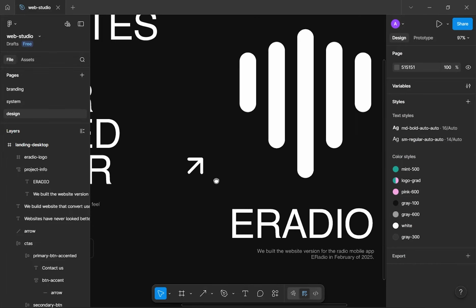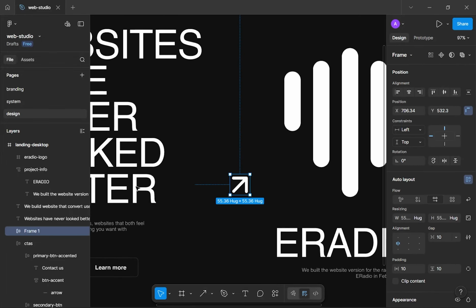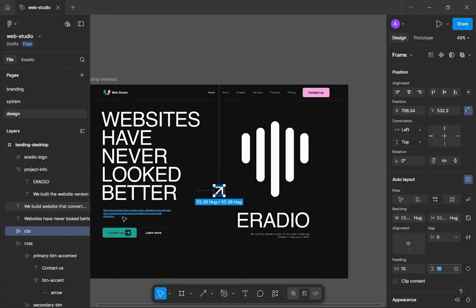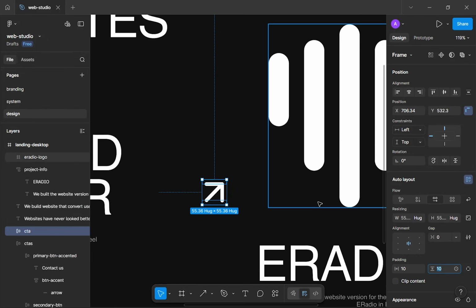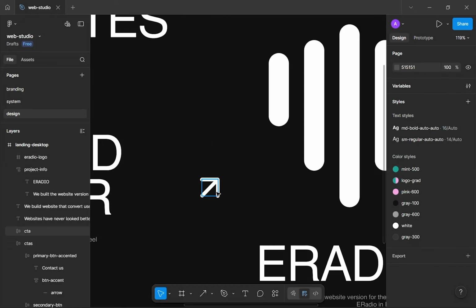Okay, now we want to take this, put it inside of a frame again, and this will be our CTA for this. We just want the user to go ahead to the case study. Now, if we get the user to either go to the case study or the contacts page, that's a success because the case study will actually provide additional information and it will actually do very well to get our brand